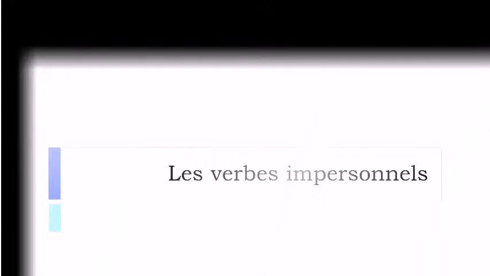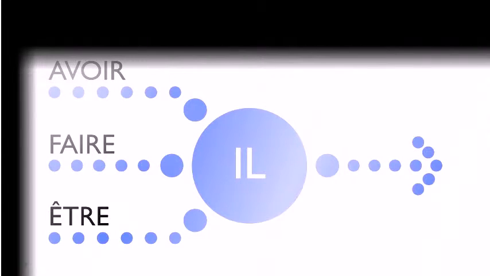Okay, so in this lesson we'll discover together les verbes impersonnels. They are really useful and it's quite important to see them. We'll focus on three verbs. The first one, être, to be. Second one, faire, to do. And the last one, avoir, to have. The important thing with this concept, les verbes impersonnels, is that, as you will see in the examples, they are not connected to a person, and that's the main concept.